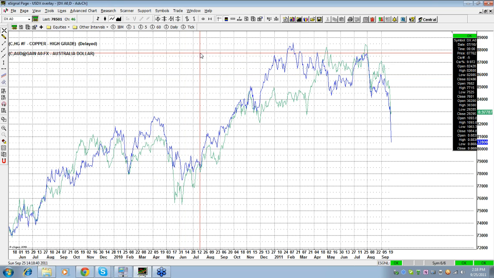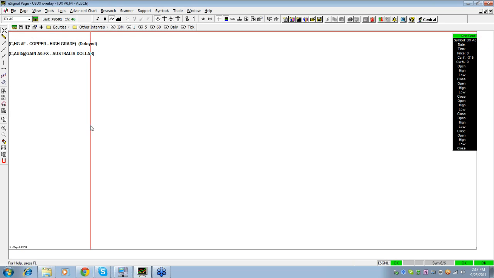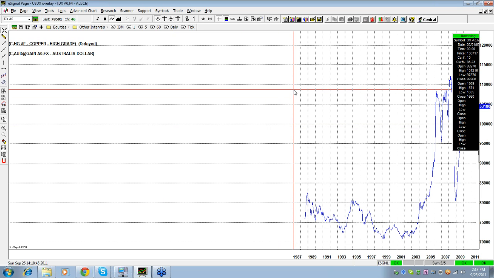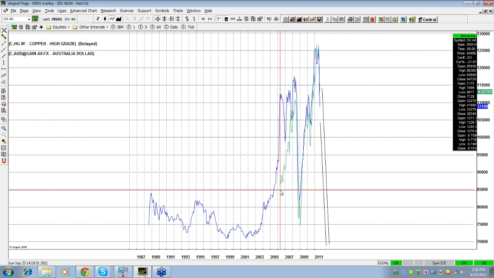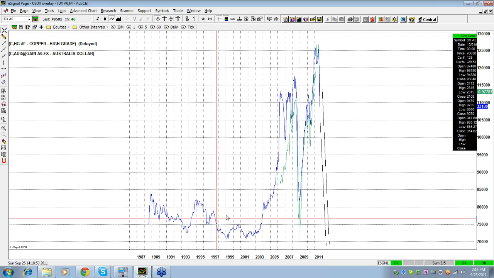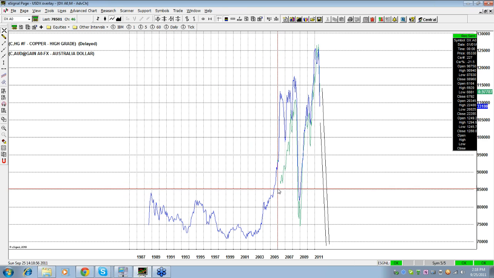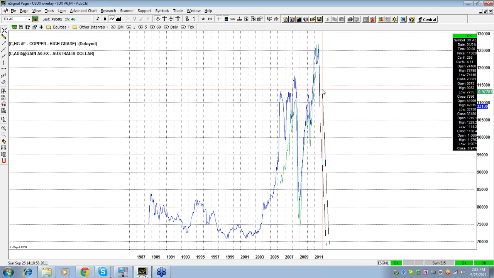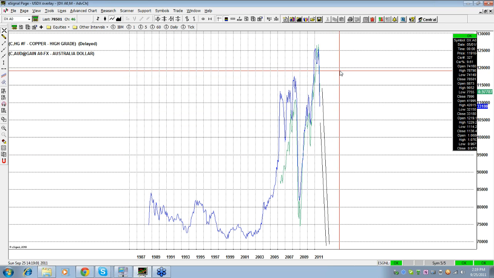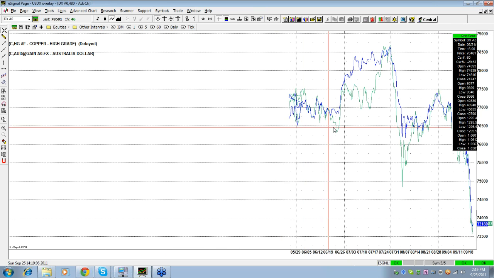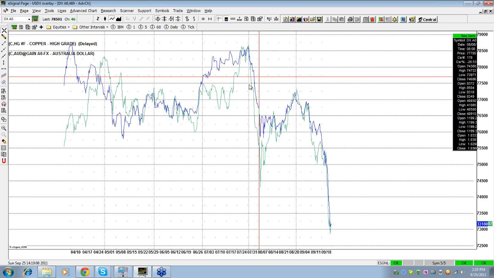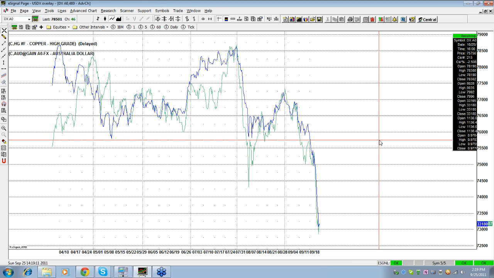Look, this is the Aussie in the daily. Let me put on the monthly. Look, it's the same chart. I only got the Aussie from right here because they're using the gain, but it's the same chart. So what you're expecting in Aussie is it to keep dropping. Now, what I'm trying to do is go to the 8-hour in the Aussie and the copper. And you see that, right? You cannot see the charts because it's one on top of the other.